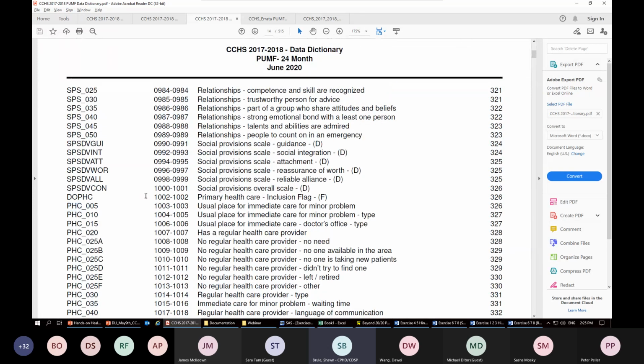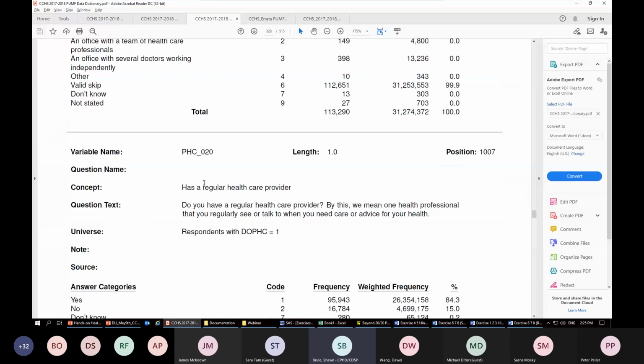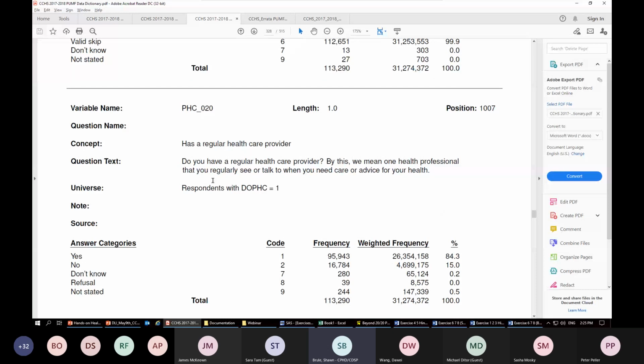This will list all of the variables that were asked, the record layouts, where they are on the file. If you've already read this into SAS or SPSS, that's maybe not as relevant. This is really just about the flat file itself. The concept for the variable, and then the page number for this document where you can find it. So I'm going to look for PHC_20, which is on page 328. Okay, so